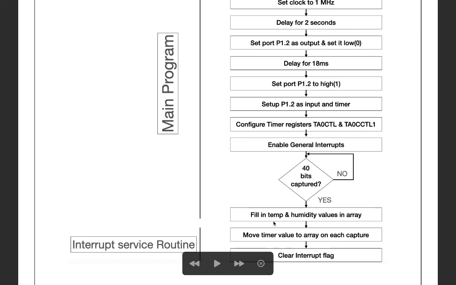We have already declared a temporary temperature and humidity values array. This array index will be incremented every time, and the flag will be cleared. We will see it in the program. Every time we receive a falling edge, the timer value will be captured and moved into an array.